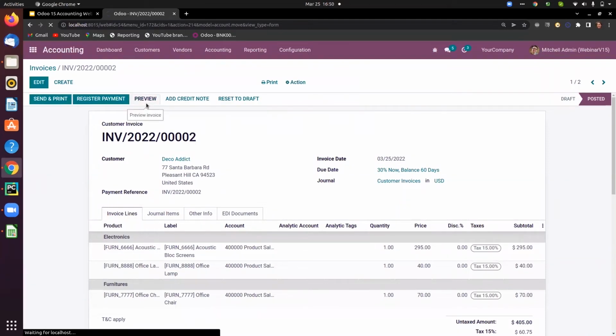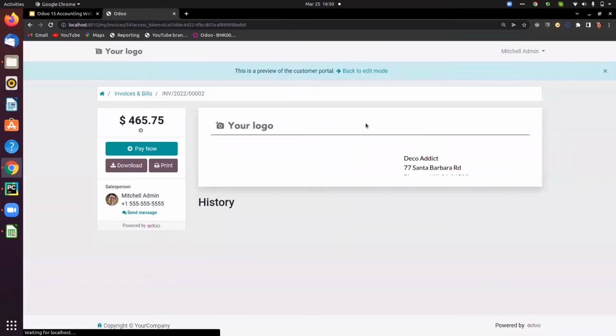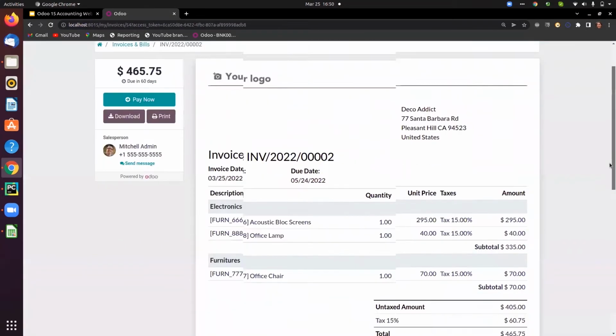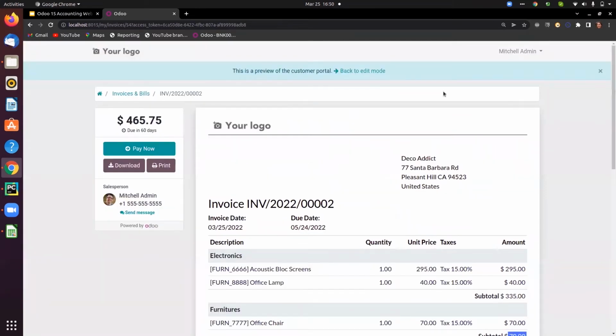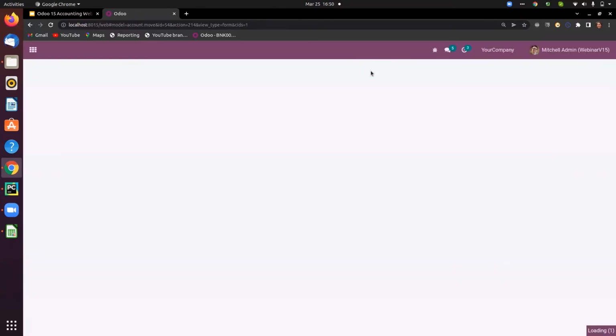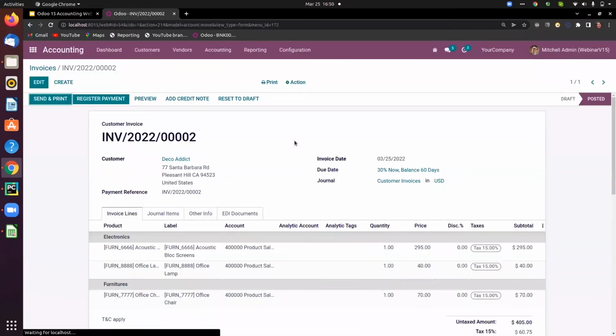So when I'm taking the customer preview, we can find the subtotal of each section over here. So the customer can view the subtotals of each section. Go to edit mode. Okay. Now the next step is either you can send this to your customer, that is the invoice can be